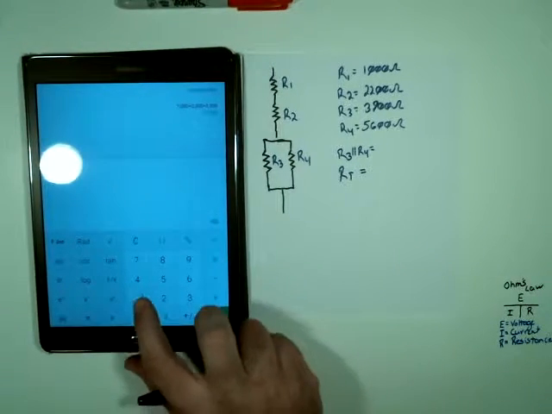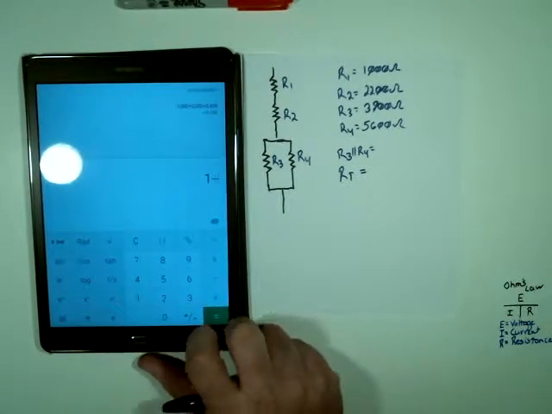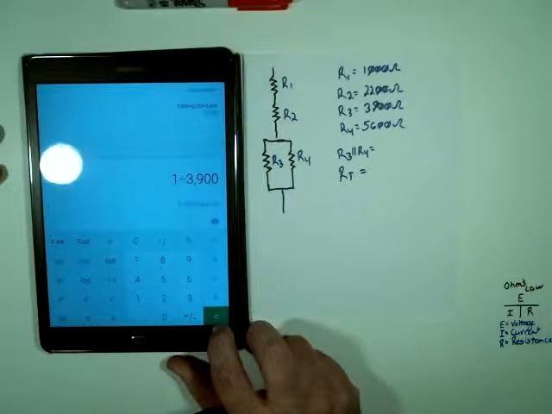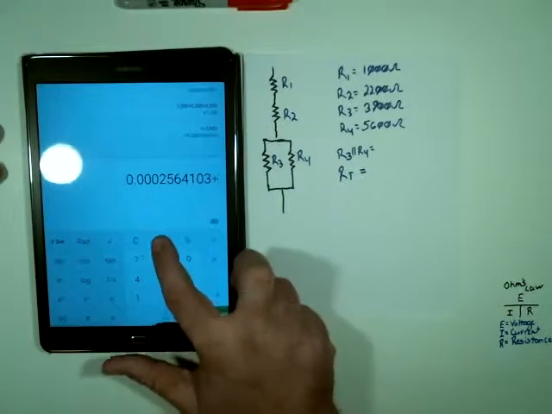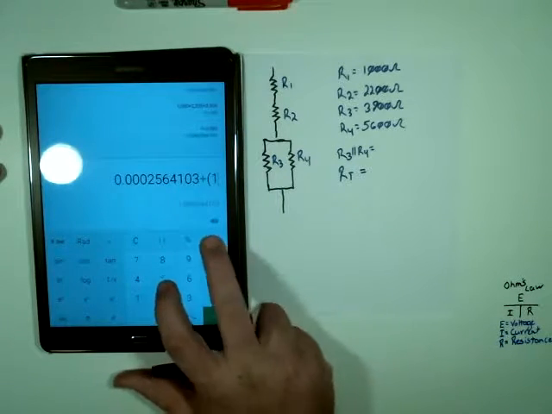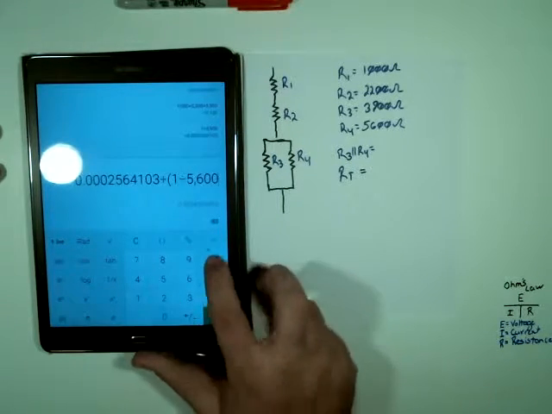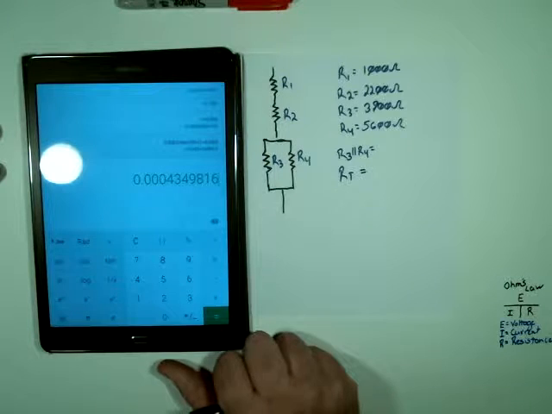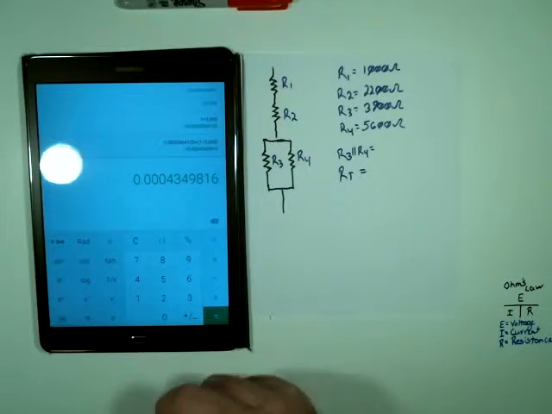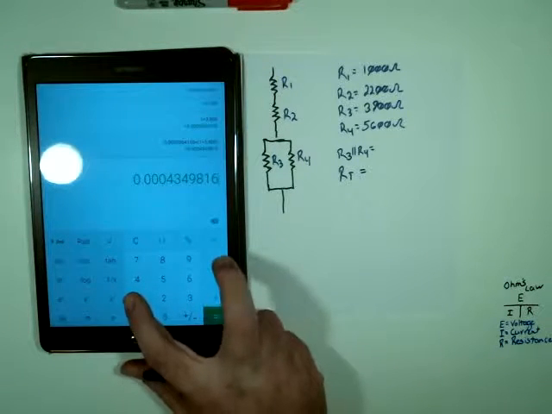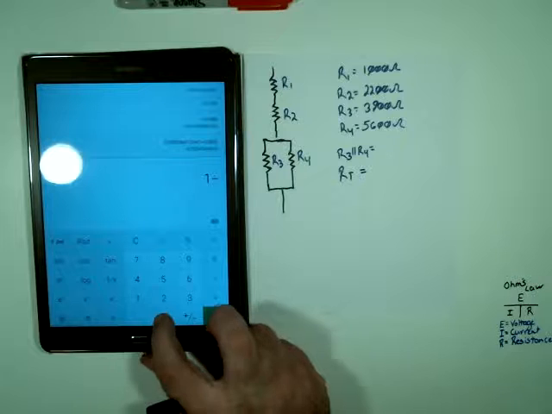So to do that math, it's easy. We just do 1 divided by 3900 plus, and we use parentheses, 1 divided by 5600. And then we want to get the inverse of that. So we'll just do 1 divided by